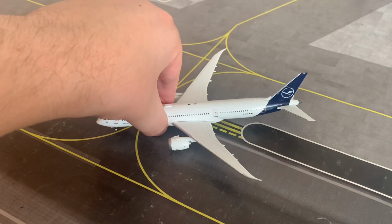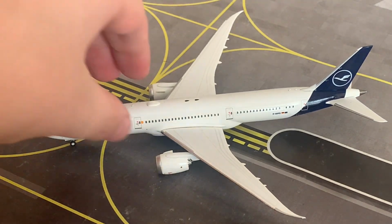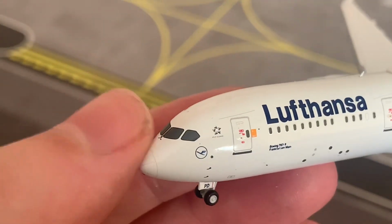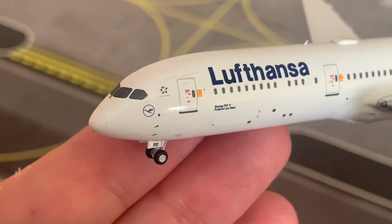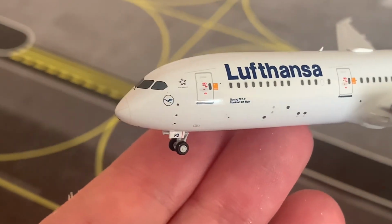I will zoom in on it in a moment. Just putting the cradle behind me. You can probably hear the hustle and bustle behind me. Does look absolutely fantastic. The cockpit windows automatically look better than the ones on the Gemini Jets mold. Not going to discredit the mold by Gemini Jets / JC Wings, and it is my favourite mold of the 787. But